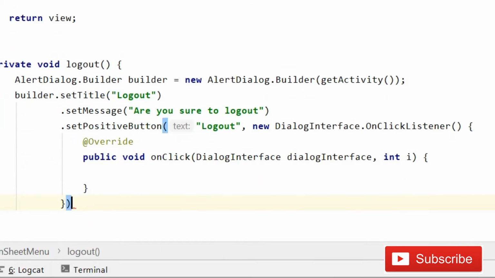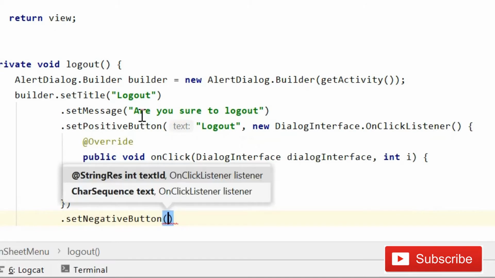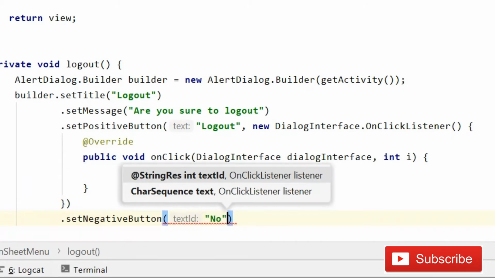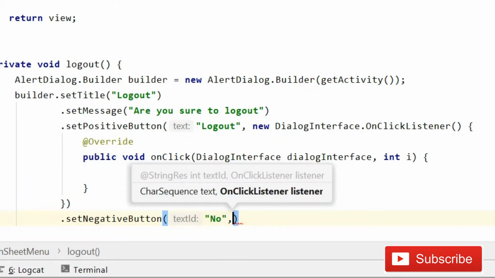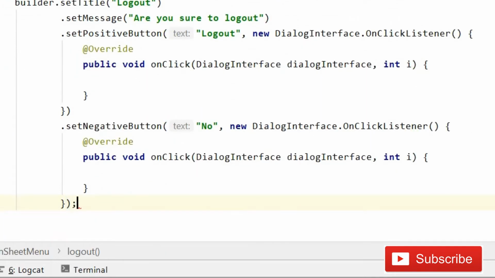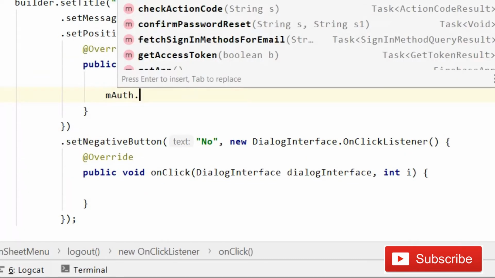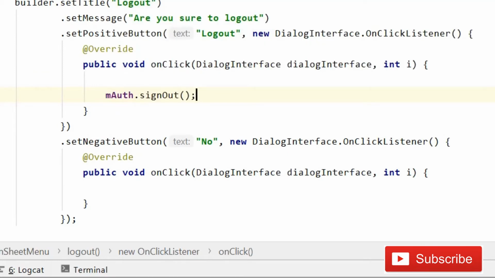And then guys after this here dot set negative button, as you know that we have two buttons too. So guys, when the user will click on the no, so again new dialog interface click listener, then semicolon, fine guys. So when the user will click on the button yes, so what we will do is mauth dot sign out, semicolon, fine guys.